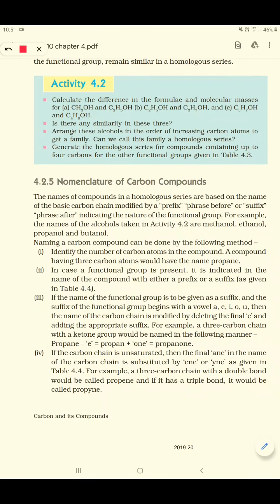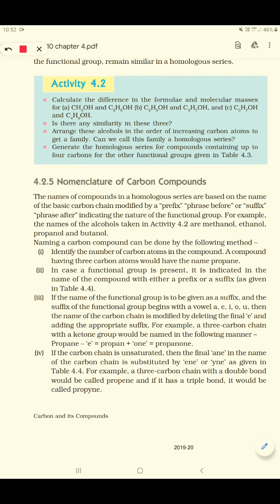Dear students, today we are studying nomenclature of carbon compounds. See, when you name carbon compounds, a set of rules has to be followed. These rules I will be explaining to you point-wise. The very first thing you must know is that the name of the basic carbon chain is given first. So first you have to see the number of carbon atoms present and then you have to check for the